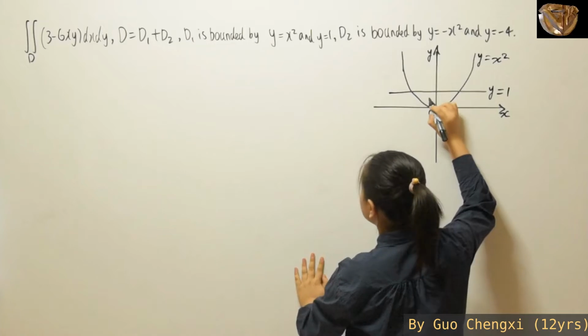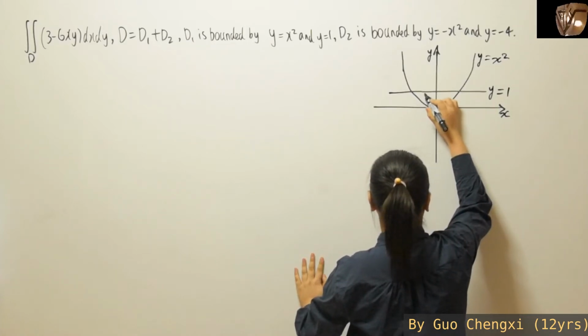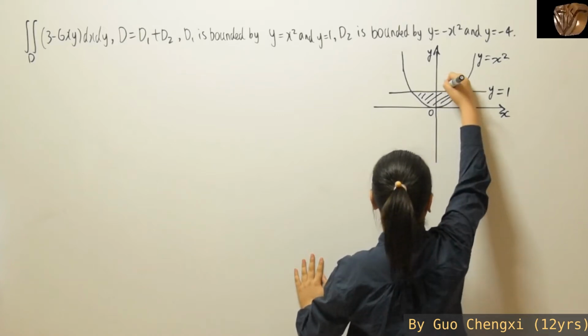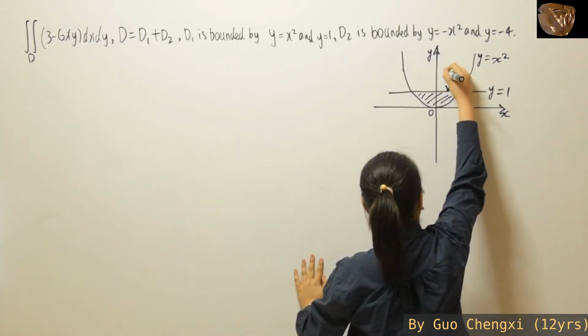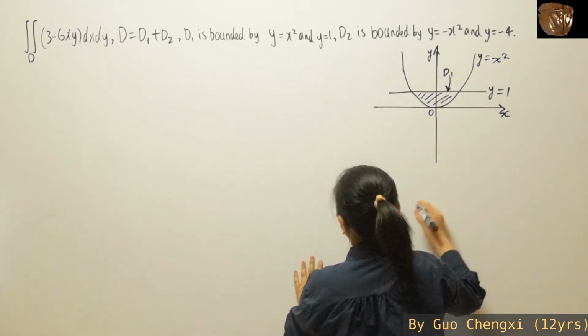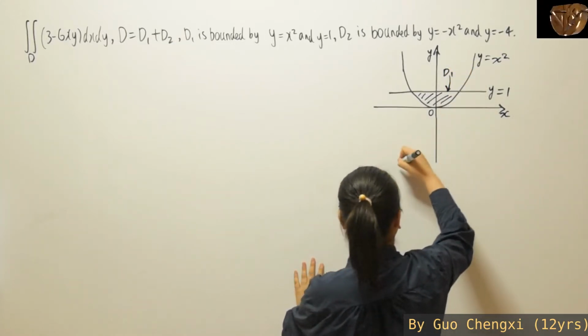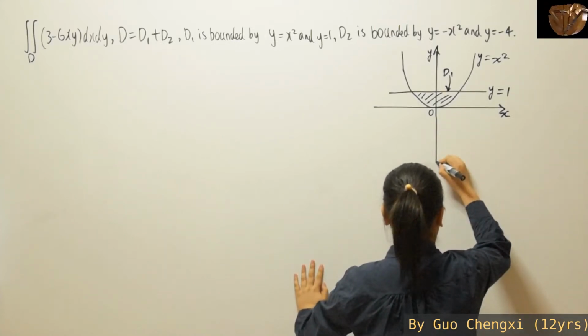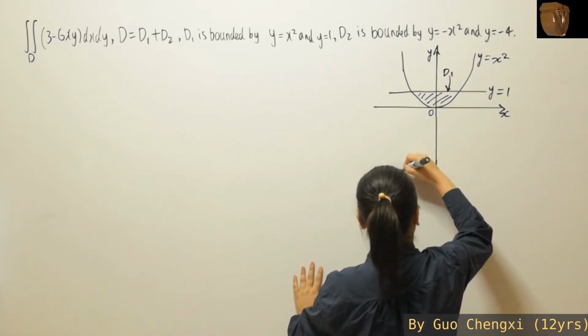So for our first area bounded is this part. This is D1. While on the other hand, we also have our D2, which is just a negative part because we have a negative x squared. So we're going to get,